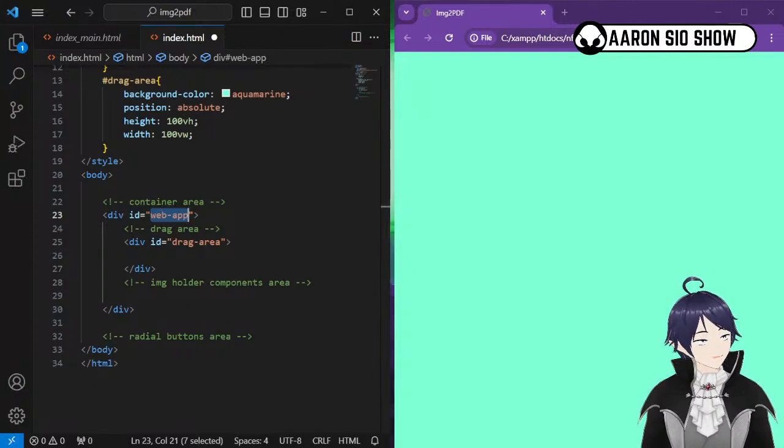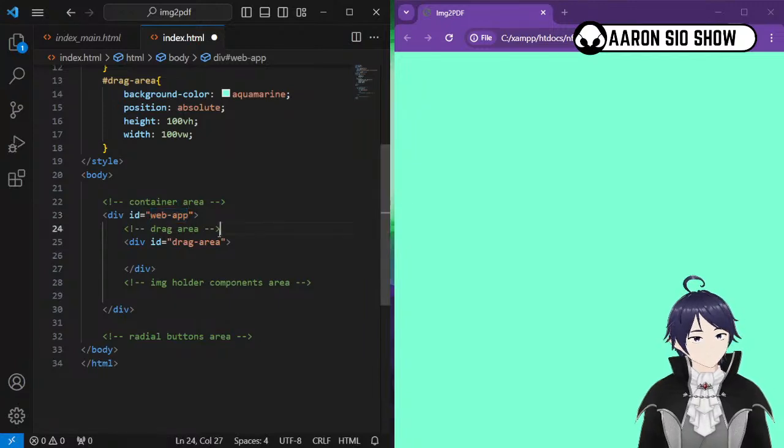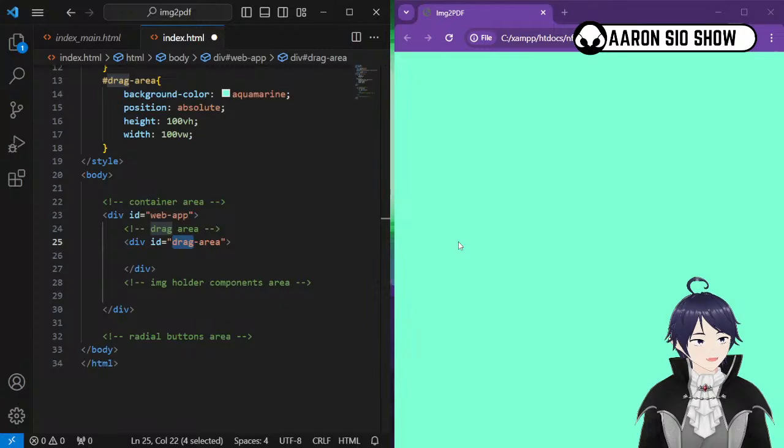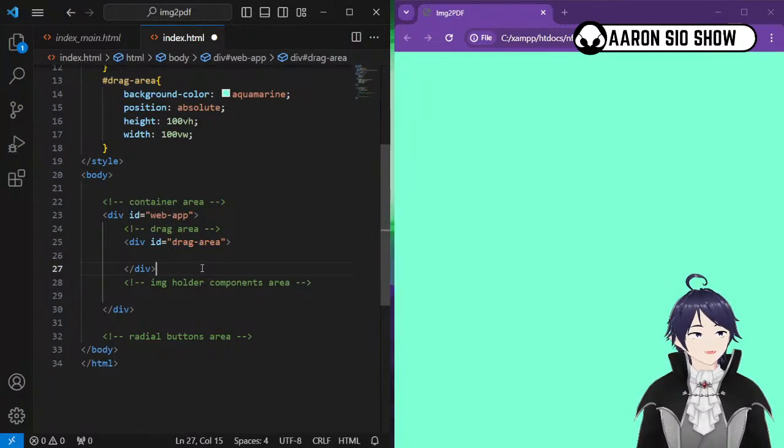So drag area would appear whenever a file or images are being dragged on the available screen area. Then